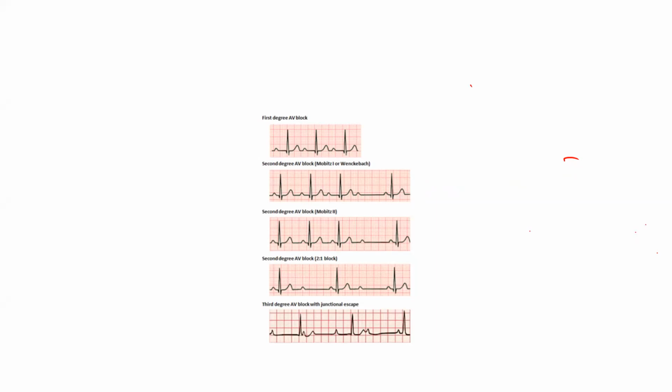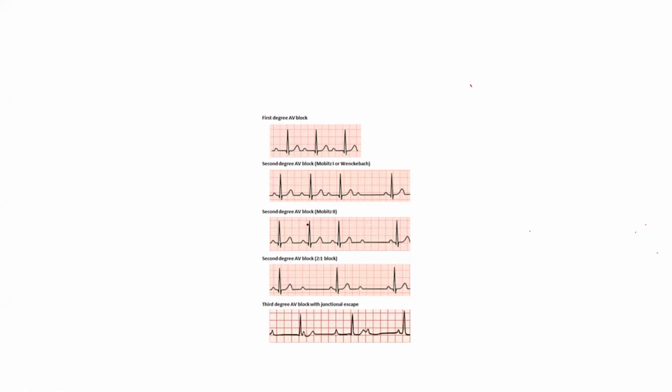Yeah. In Mobitz type 1, there will be progressive increase in the PR interval. As you see here, it's normal here, increased here, further increased here. Then one P wave is followed by a drop in the QRS. One QRS is completely dropped, which means it is not conducted. So this type of progressive prolongation of the PR interval followed by a drop in the QRS is going to be the classical picture of Mobitz type 1.